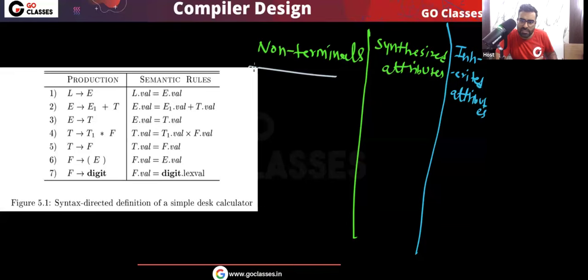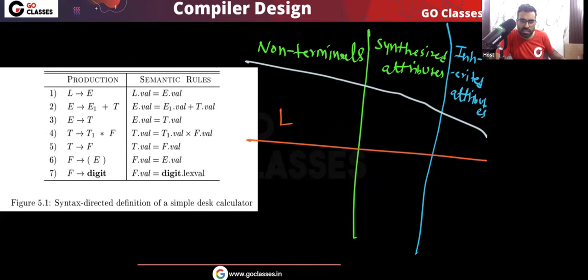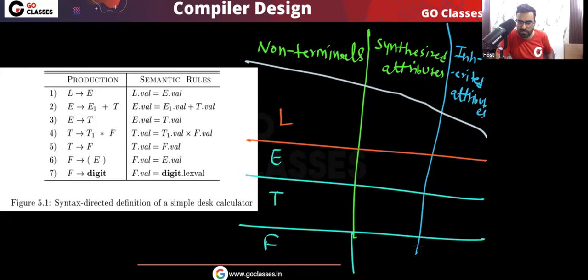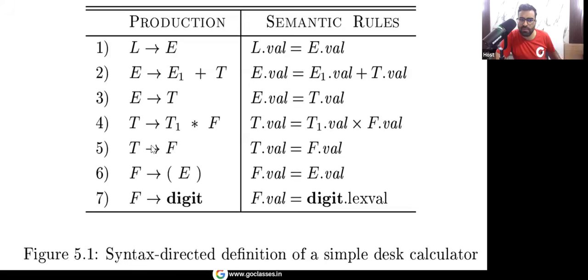Okay, so let's see. Tell me, for this non-terminal L, you can see these are the non-terminals, what are the synthesized attributes? What are the inherited attributes? For this non-terminal E, for this non-terminal T, and for this non-terminal F. Okay, so tell me quickly. The method I told you is very easy. What you need to do